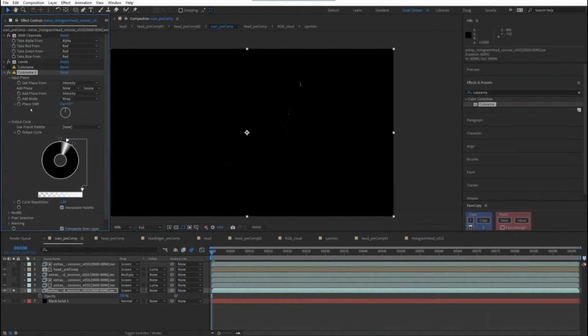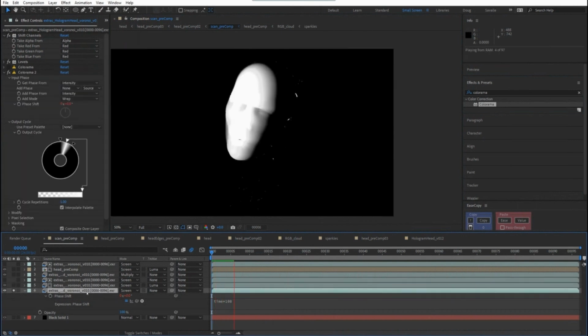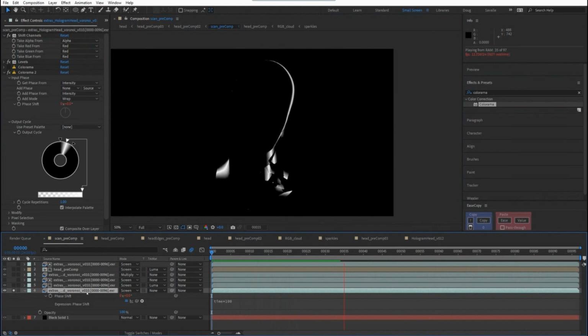So the other part of this effect that we'll do is the phase shift. And what that's doing is taking, imagine this black and white ramp and just kind of shifting it over to the left or the right. So now your white value is, you know, where your blacks were. And if we cycle this around, you can start to see that change. So all we have to do to get this scanning effect essentially is to animate the phase shift. And we'll do that with just a simple expression, time times 100. Let's play that. There you go.